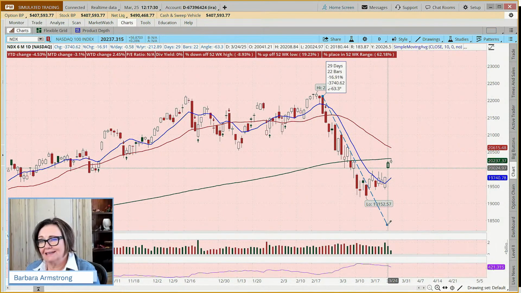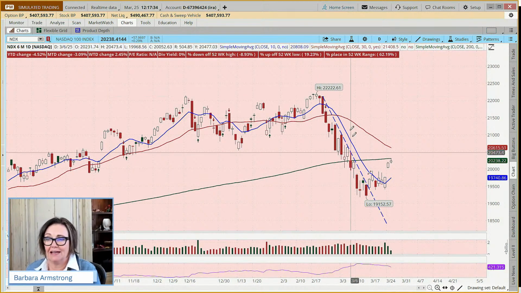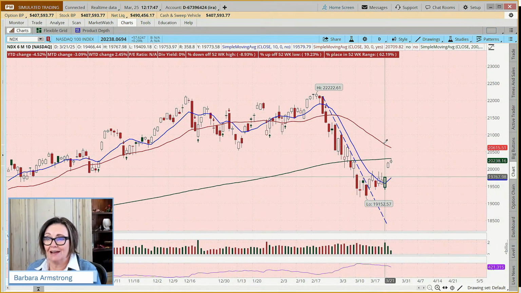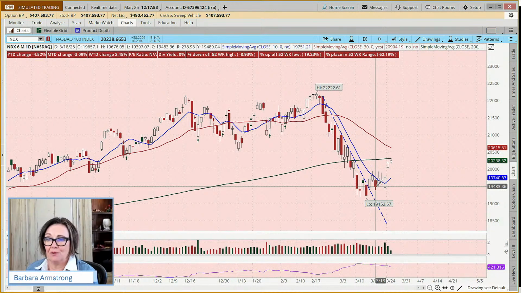And you're just trying to touch the tops of as many candles as you can, kind of easier to do here on the NASDAQ. And then when did it break out? Well, it broke out here on the 14th, which was a Friday. And when it broke this diagonal resistance line, we're still below the 10, we're below the 30, we're below the 200-day moving average. And it went up for another day and then pulled back.